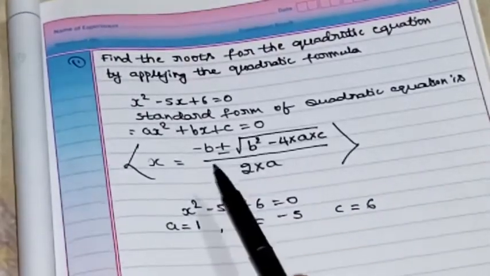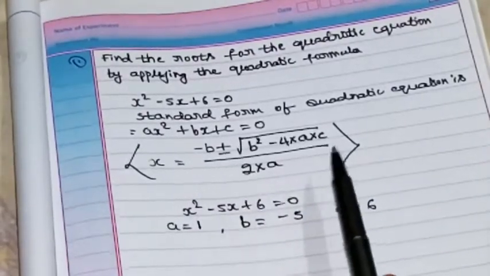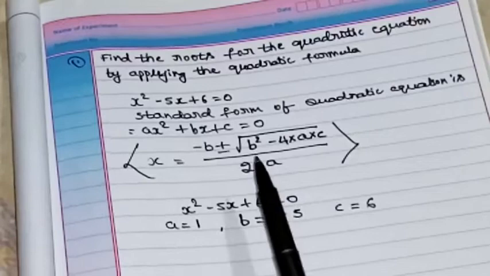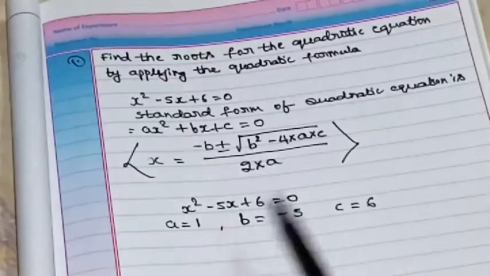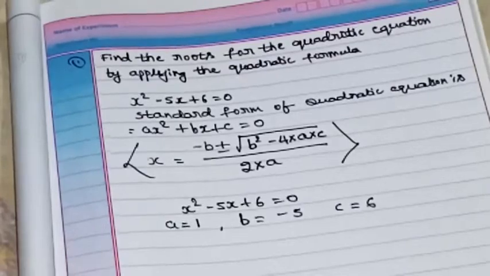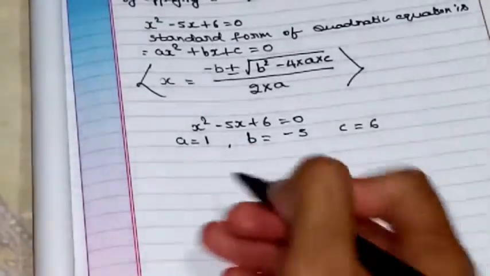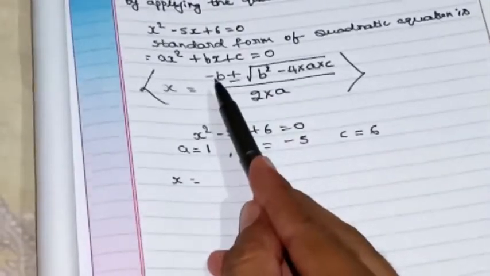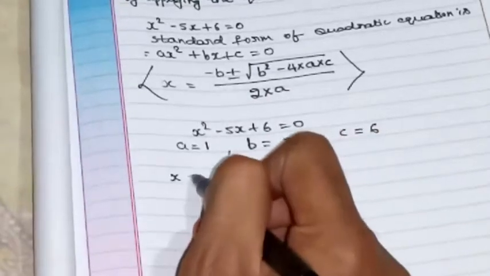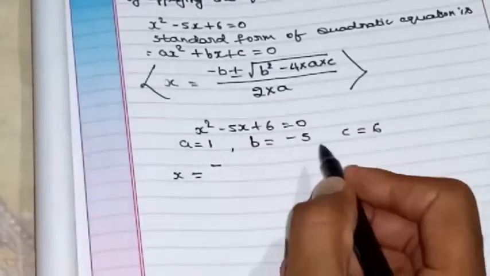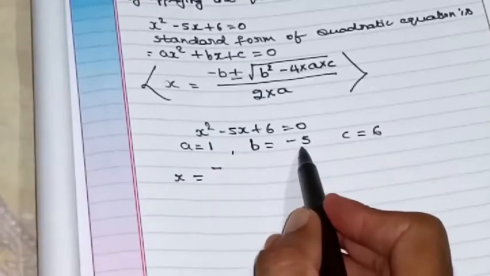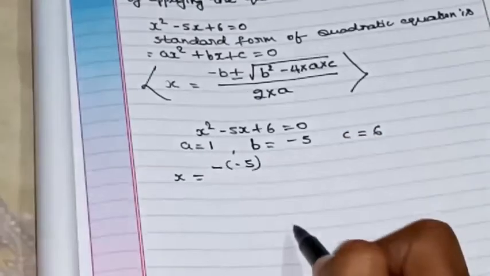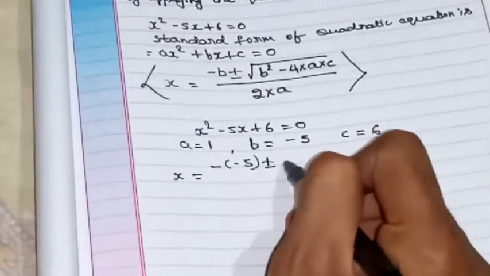Now in this formula we need a value, b value, and c value. Now we got a value, b value, and c value. Now if you apply these 3 values in this formula, I'll get the roots, right? Now I'll apply the values, children. So x is equals to, now what is there in the formula? First we are having a minus, so write down minus first, right? Now what is the value of b, children? The value of b is minus 5, so therefore write down in a bracket minus 5 plus or minus